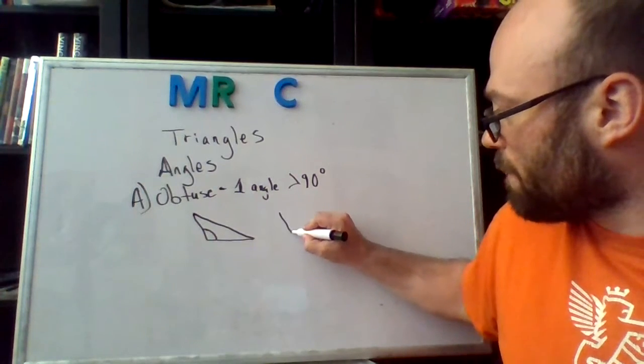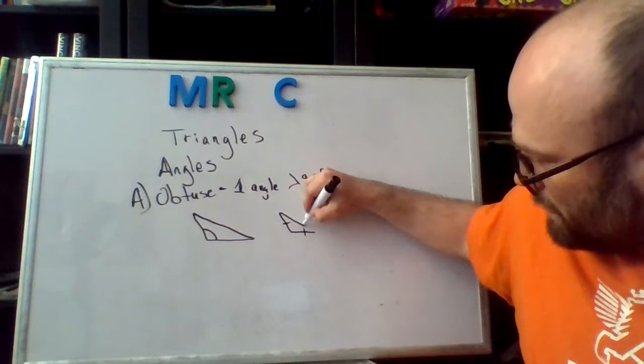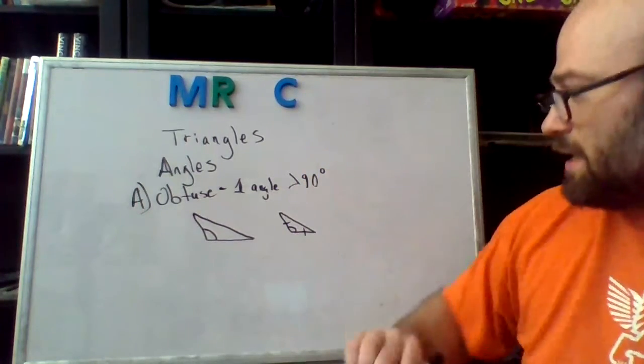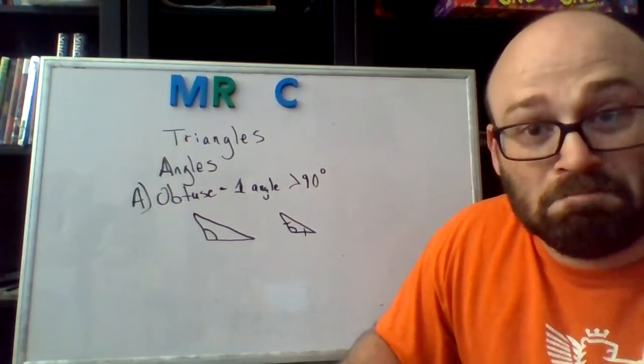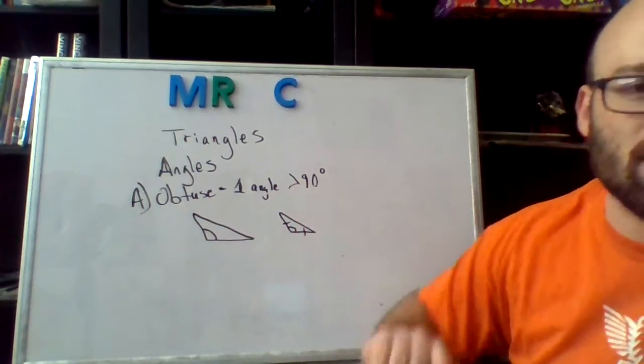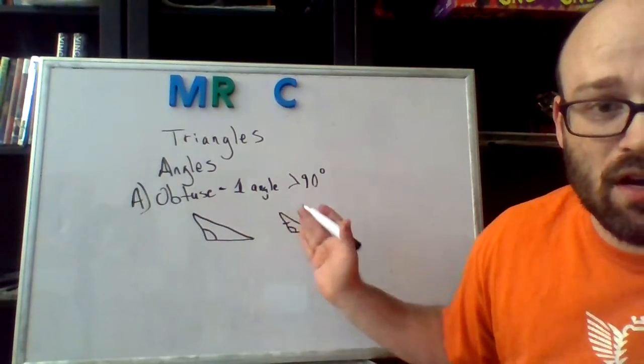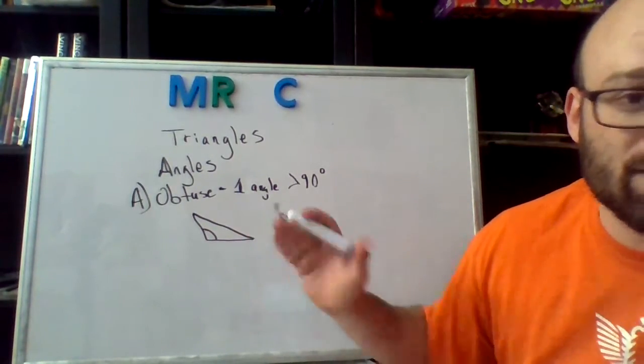You can make an obtuse isosceles one if you wanted to. So let's see if we can make one. Let's say these are the same size, and that angle is bigger than 90. So we have obtuse scalene and obtuse isosceles right there. So you classify them by obtuse triangles and by their sides.